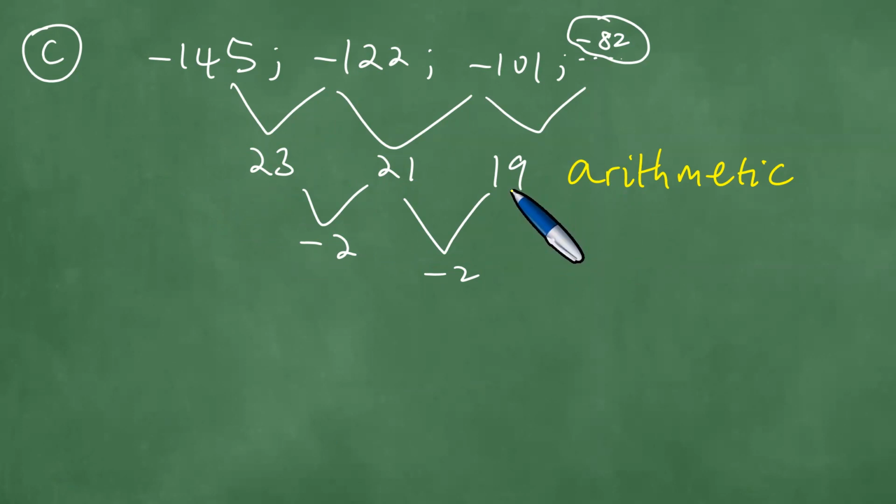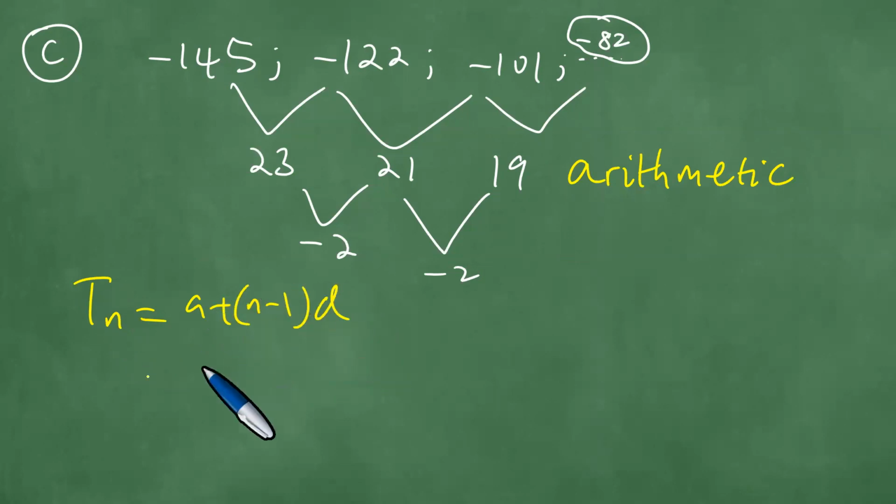And the question becomes, therefore, what is the formula here? Because this one is arithmetic, you need to use the formula Tn equals a plus n minus 1 into d. Right. So the first term here